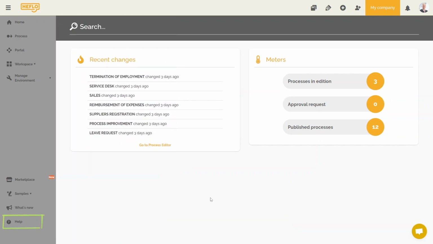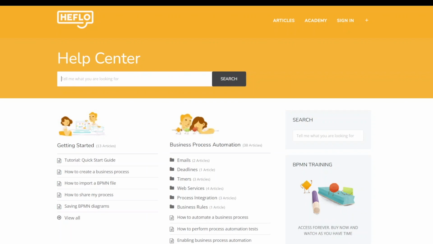You can access our knowledge base by clicking on Help. Our knowledge base articles can help you understand features and use the tool. You can search for a particular article by writing keywords on the search feature. The items available are divided into different categories.